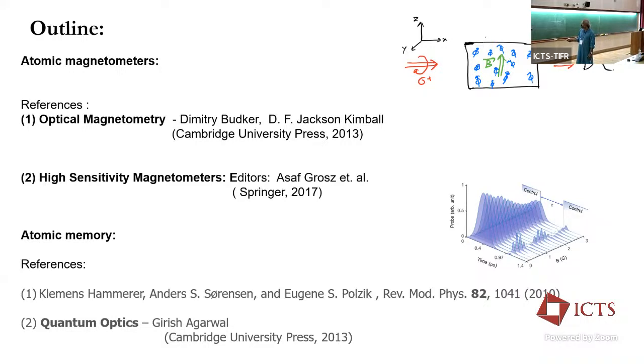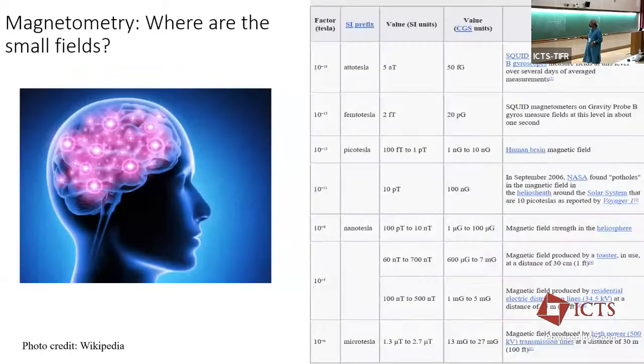And of course, this Reviews of Modern Physics article. It's kind of interesting that Polzik's group had simultaneously worked on quantum enhanced precision and magnetometry, but also on atomic memory. So some of the language used in this Reviews of Modern Physics article is common to both.